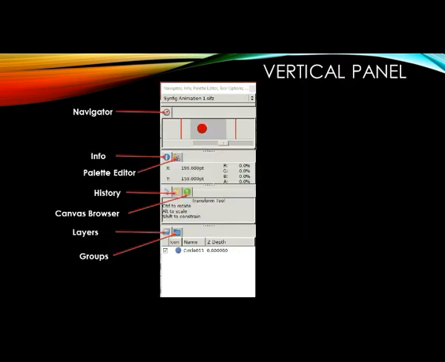In this picture, you can see the vertical dock. In this dock, there are different buttons. For example, navigator, info, palette editor, that is to change colors or select colors. Then history, then canvas browser is there, layers button is there, and groups button is there if we have created groups of layers.